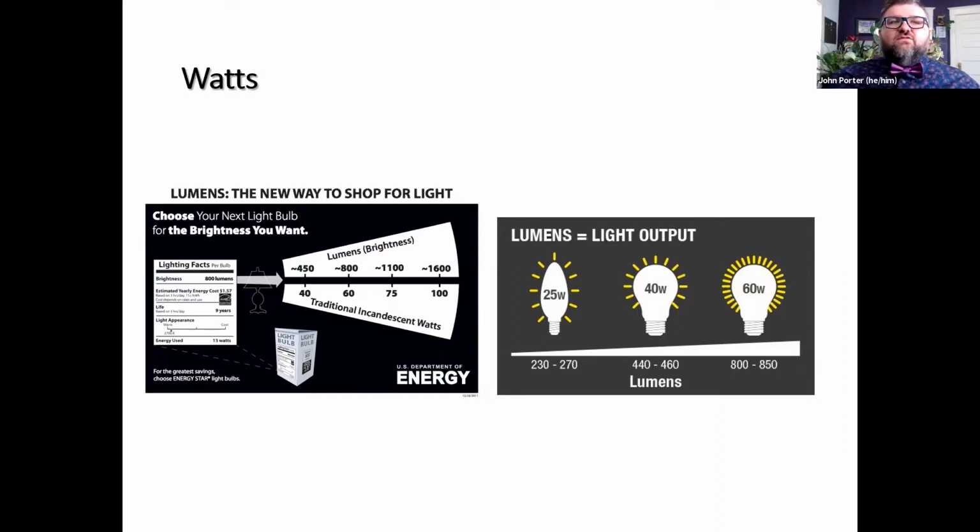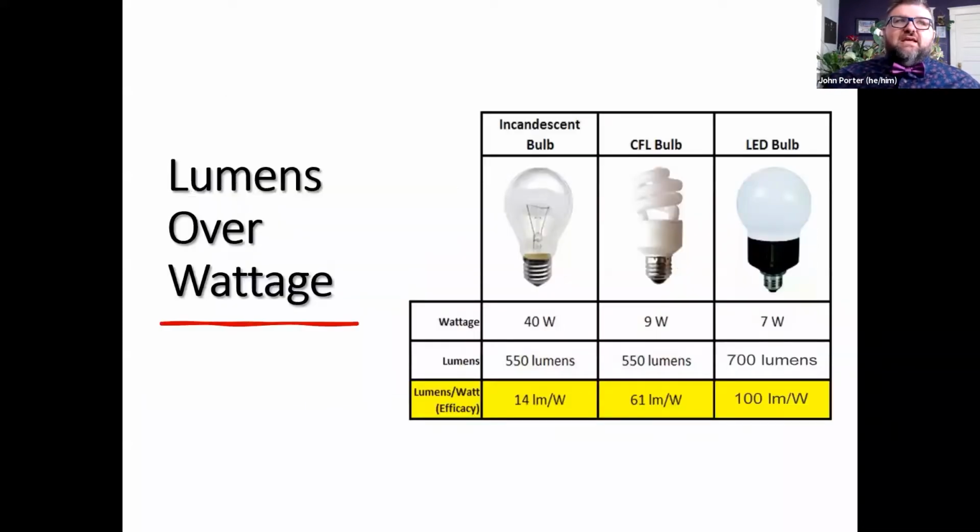So if we're shopping for lights now, we're looking for the brightness in lumens. If we're looking at these different types of light bulbs, incandescent bulbs, compact fluorescents, the LEDs, LEDs use less energy, but actually have more lumens. And so you get more light for the energy that you use.